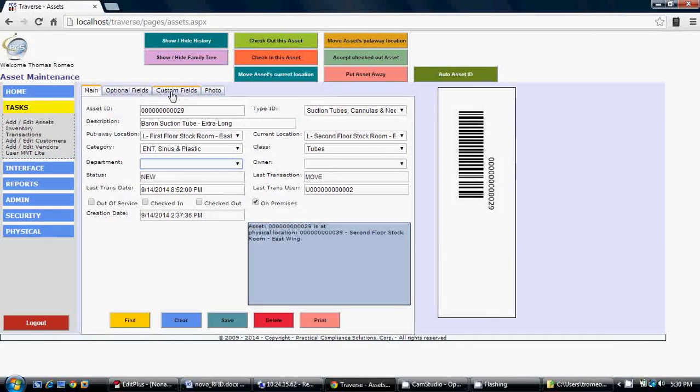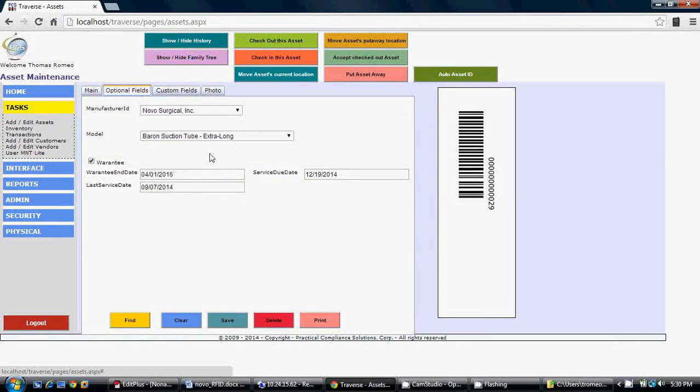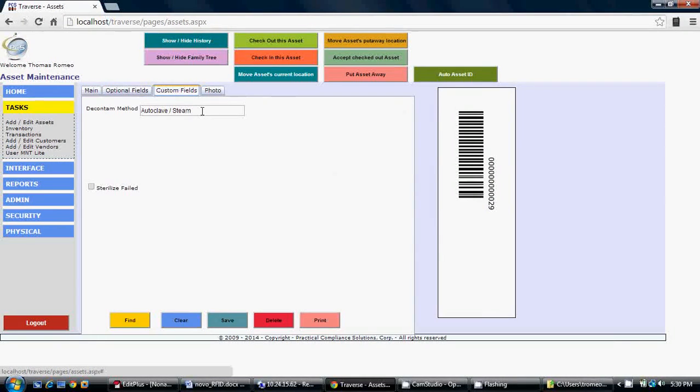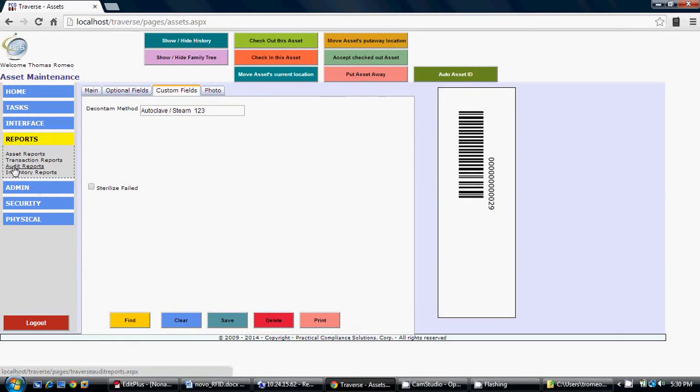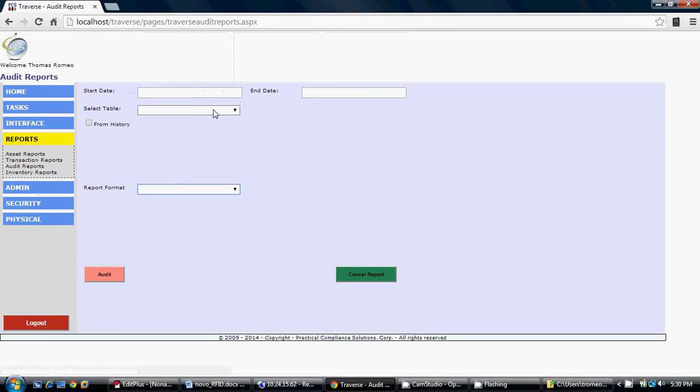I don't have any departments. I'm just going to put a 1, 2, 3 on this custom field, just to say I changed the record. Okay. Now, if we go back to reports and go to the audit reports,